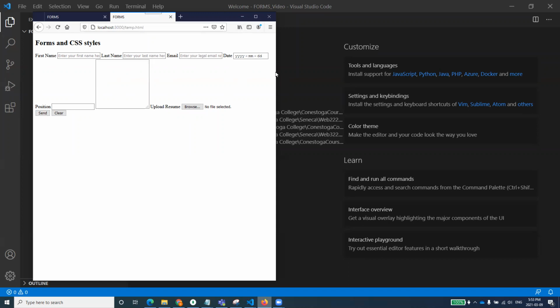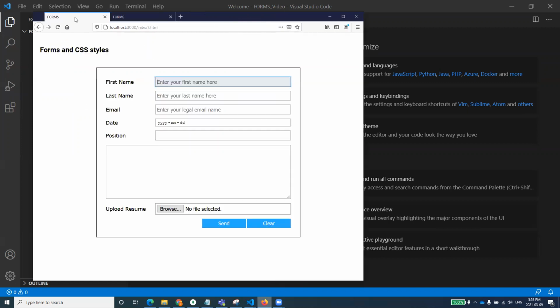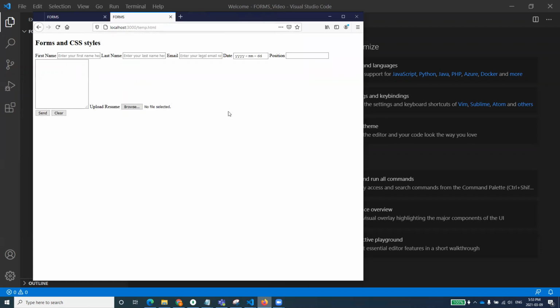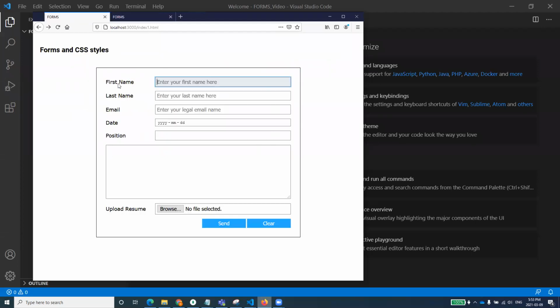And then, since it looks very bad, we'll apply styles to it and try to make it something like this by using CSS styles. You can see here, this is something that we will be creating as a form, and this is what we'll be converting it to. It's also not that beautiful, but it will give a very good sense of the different options you can use in CSS to make your forms more and more beautiful. So let's start doing it.